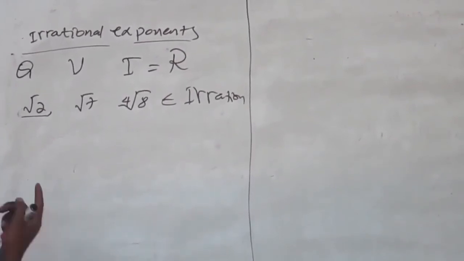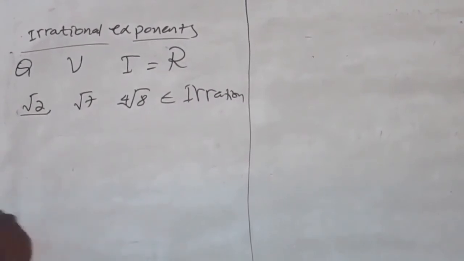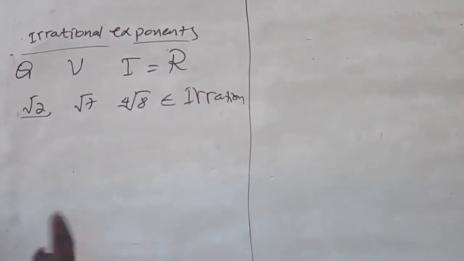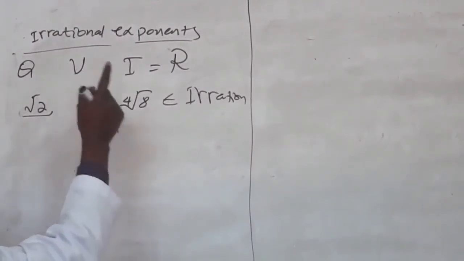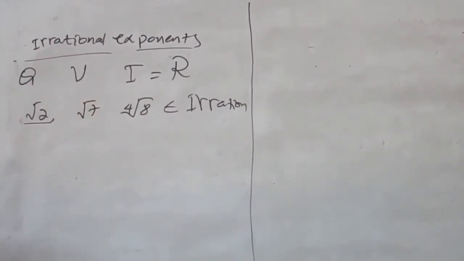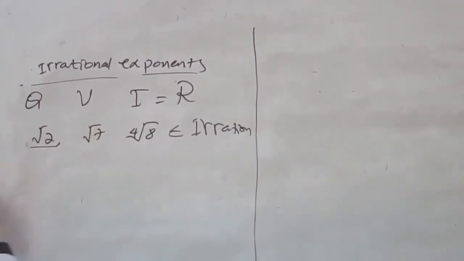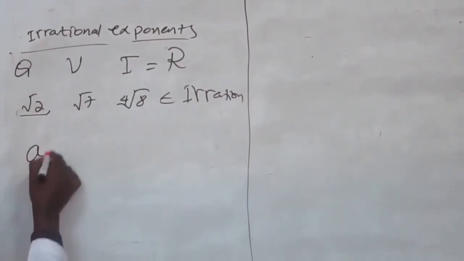Rational. But when you change it to a decimal, if the number is non-terminating as well as non-repeating, it is called an irrational number, like radical 2, radical 7, the fourth root of 8. These kinds of numbers are irrational numbers. So when we come to irrational exponents, let's say the number is a to the power of